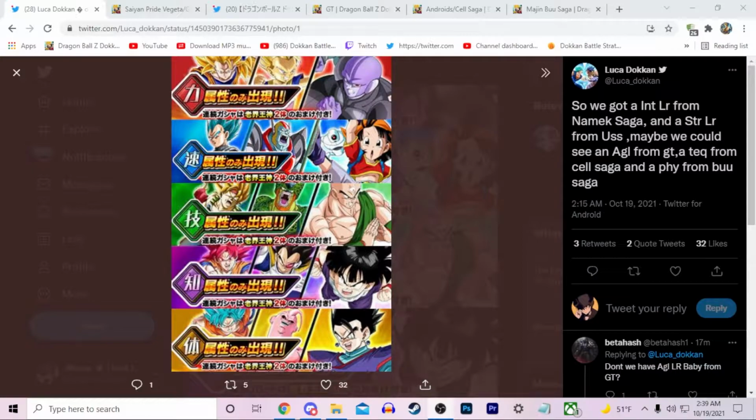Now, I kind of wanted to go ahead and just cover this information. I feel like it's a very interesting topic to go on about right here. So, Luca Dokkan actually brought this up to me about a little trend he noticed for the recent LR releases that we've been having. Essentially, we've been getting some units that match the typings and the actual sagas for the support